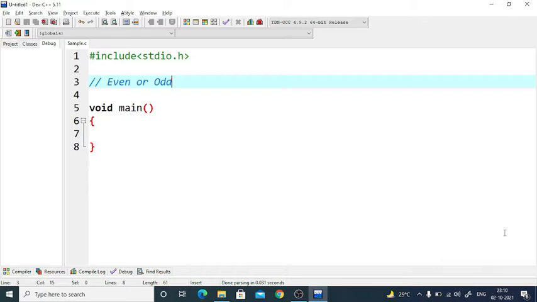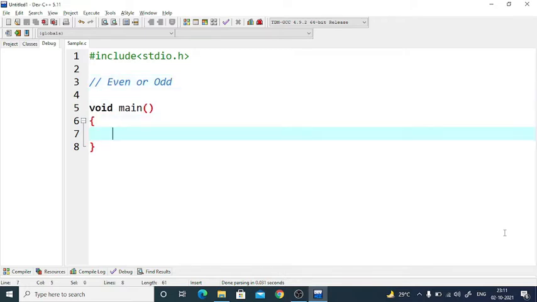Let us go ahead with the next video of my playlist, a course on C programming, where C programming is simplified. So in this video, we will be looking at one program for understanding the concept of if-else, which we've already seen in the previous video. We'll be looking at a program to check whether the given integer is even or odd. Again, as I said already, we'll be starting with some simple examples and slowly we'll even try to go for the ones which are a bit more complex. So in this, let us start.